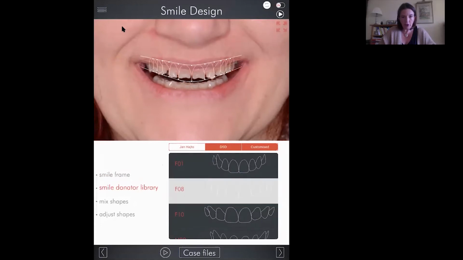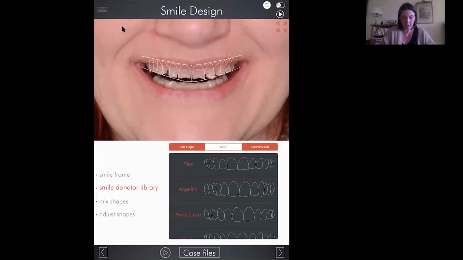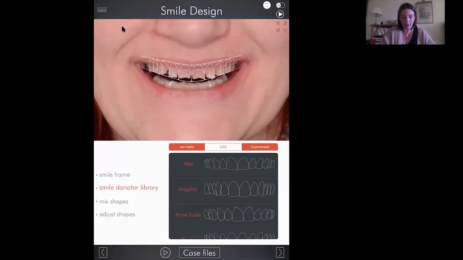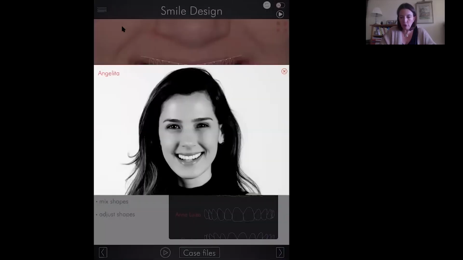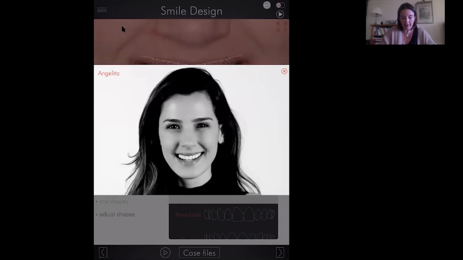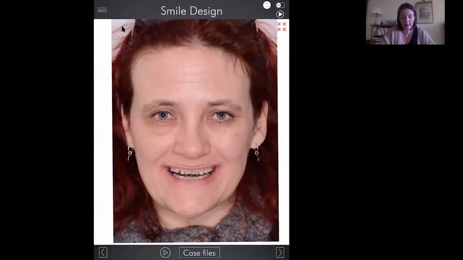In the DSD app, we've got all sorts of different shapes and sizes of teeth. And we also have the ability to use smile donors. So here we have true 2D taken from 3D files of individuals who have donated their smiles to the software. So this is the sort of thing that we can go through with patients and be able to discuss the sorts of tooth shapes and positions that they might like, and actually be able to relate it to smiles that they really like. We can zoom in and out of the full face of the patient,